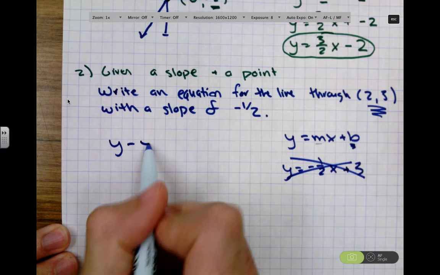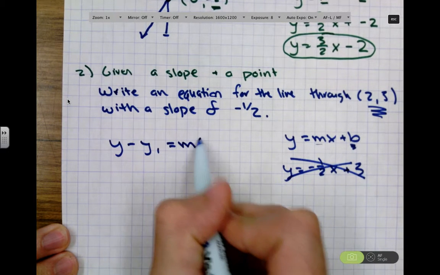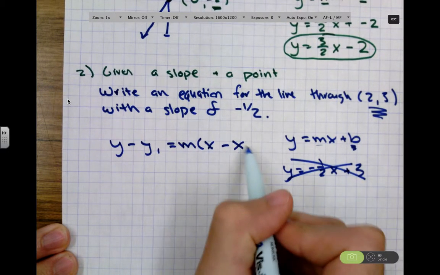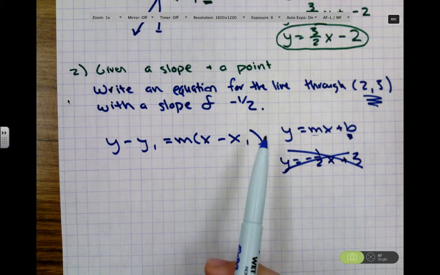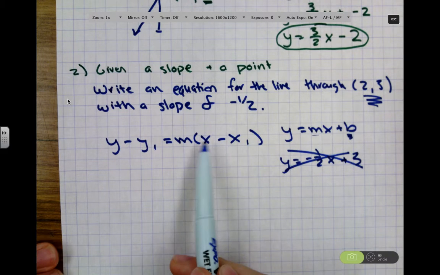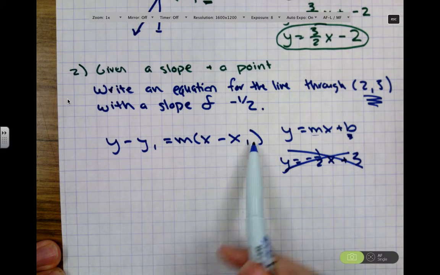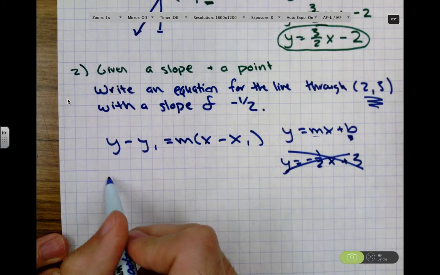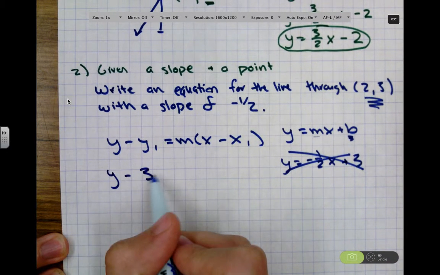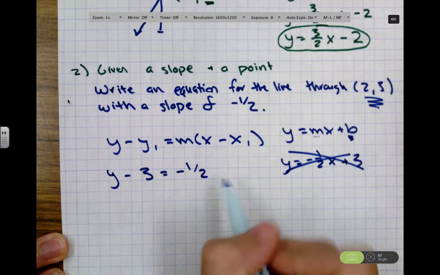Point-slope form, which we should have taken a look at last night in Khan Academy, looks like this. y minus y1 equals m times x minus x1. Again, m stands for the slope, x1 is the x-coordinate of the point we were given, and y1 is the y-coordinate of that point. So what we'll do is plug all of that information in. Well, that's y minus 3 equals negative 1/2